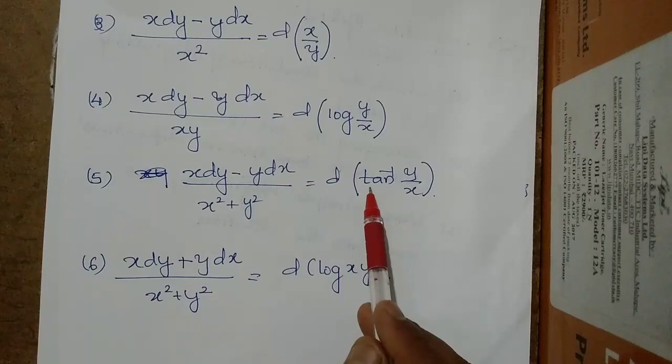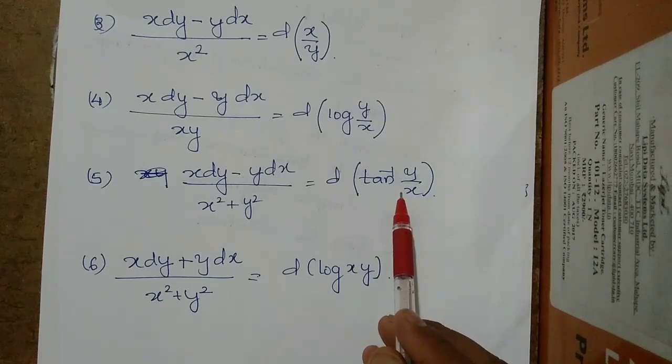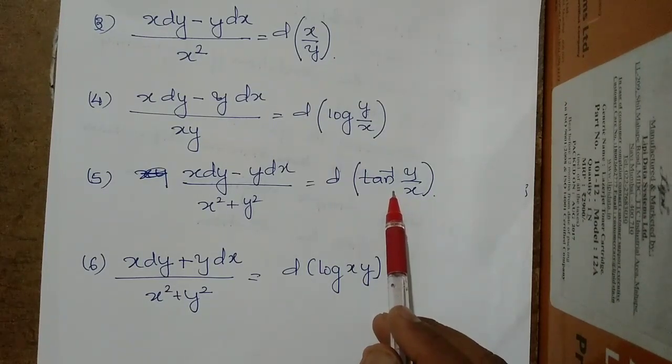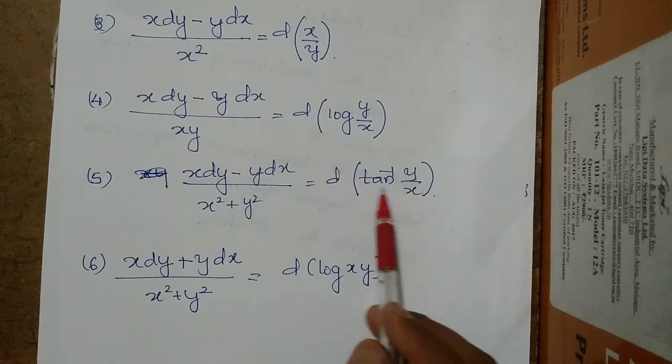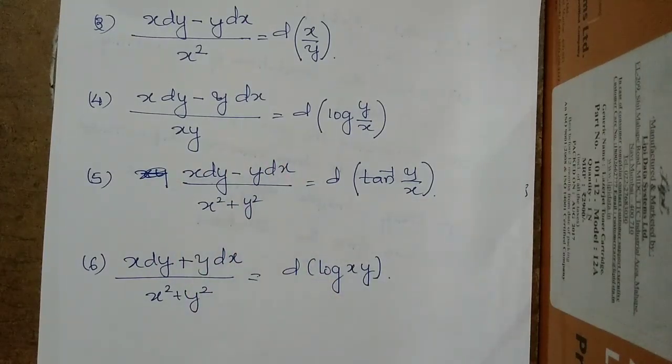So suppose u is equal to tan inverse of y by x. Then we differentiate with respect to x and with respect to y, and only then it becomes the differential. Differential is what? du equals dou u by dou x dx plus dou u by dou y dy plus dou u by dou z dz. That is called the differential. Suppose this is u, then if we find the differential, we will get this answer.